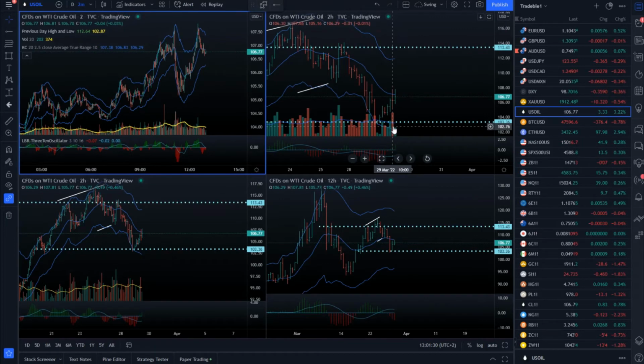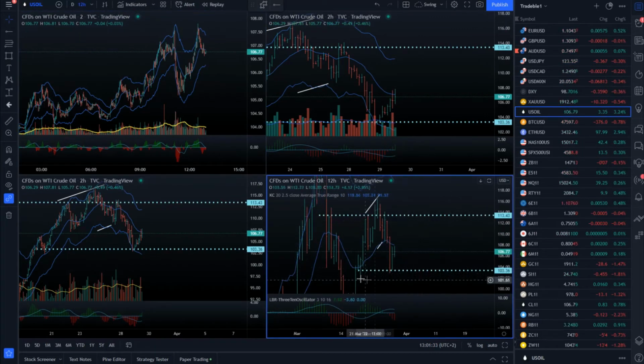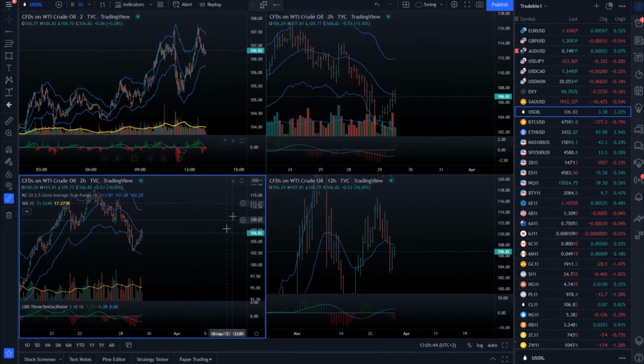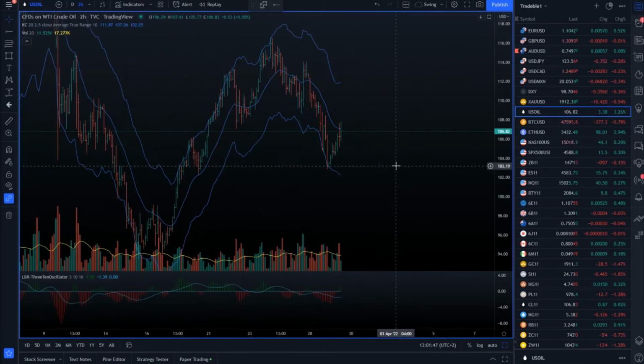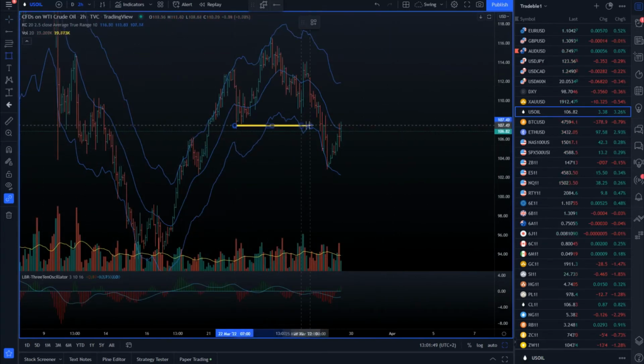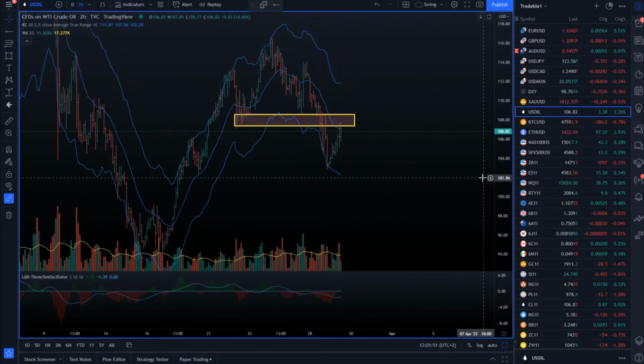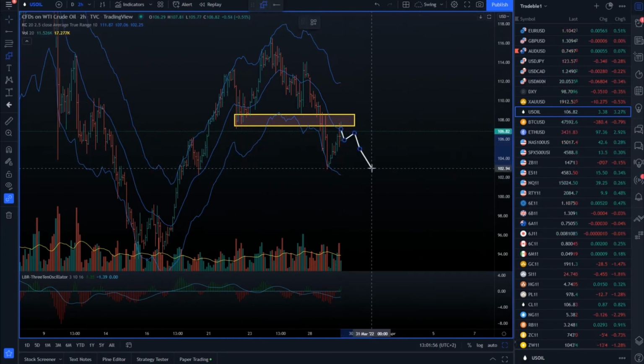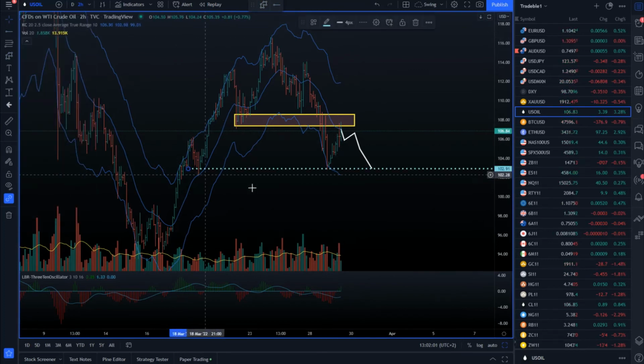Speaking of the crude oil, basically rejected from some pivot around 104 level and 103.35, with rejection all the way to 106.86. Let me remove now this and just show you here that we got recent swing lows now acting like potential resistance. So we might see potential downside continuation, like a bear flag for another retest of this low around 103 level. So watch for that potential structure for the further downside movement.